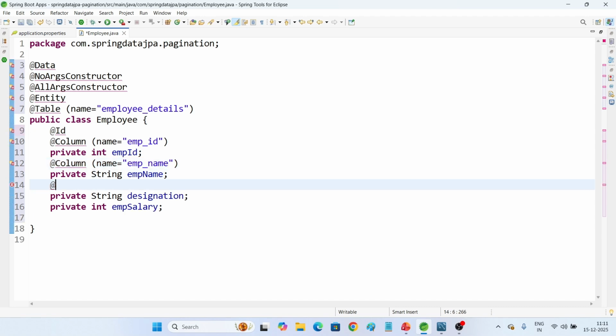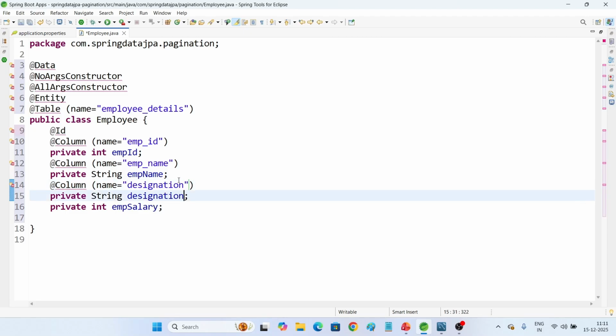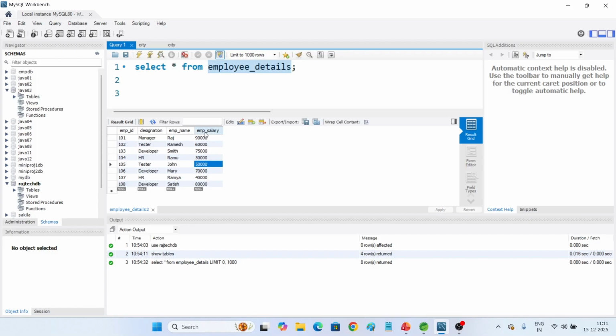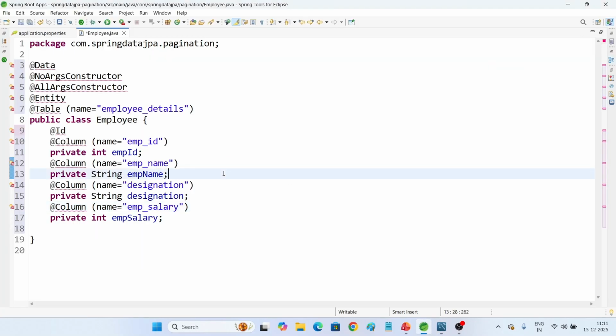Designation, same, @Column, name equal to designation. And for salary, it is @Column, name equal to emp_salary. You can check it over here in the table, in the database. See, emp_salary. Now, this completes our